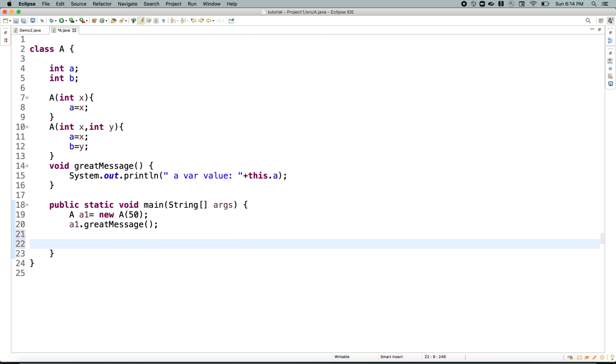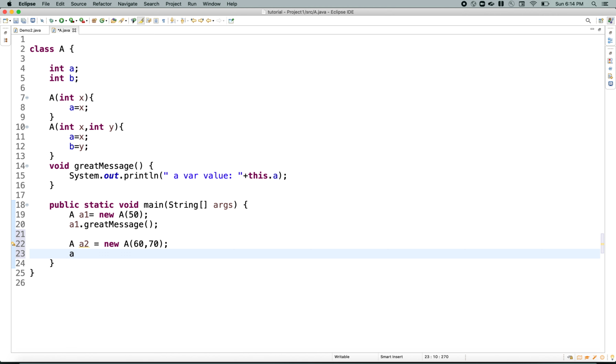try to execute this. Maybe before that, I just want to add two more lines of code. I'm defining another object, and I'm calling the overloaded constructor by passing the values 60 and 70, and then calling a2.greetMessage.